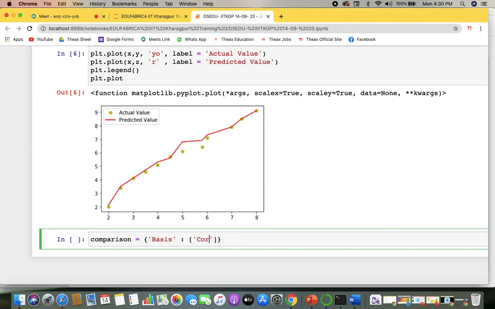So I'm going to distinguish between their core concepts, the use cases, like let's say used with, and how the values are predicted,